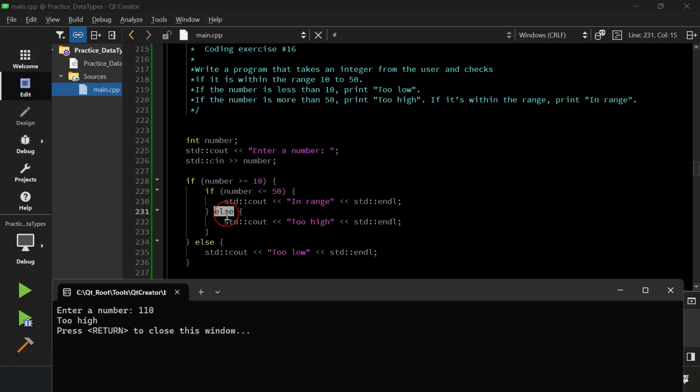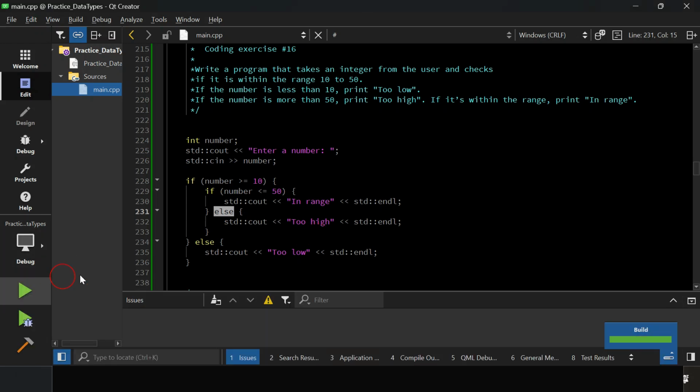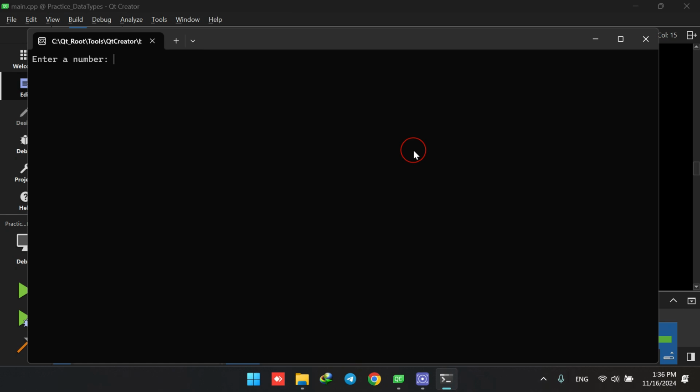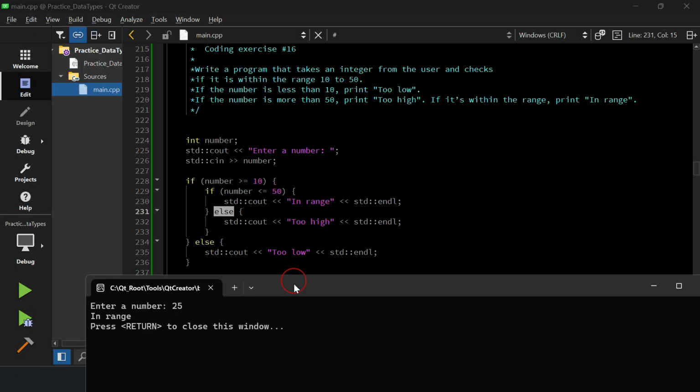It's not. Then it goes for this else condition, which is too high. And if I choose a number within the range of 10 and 50, like say 25, it says it is in range. So here it checks, okay, it's greater than 10, it's lower than 50, so it prints us the in range